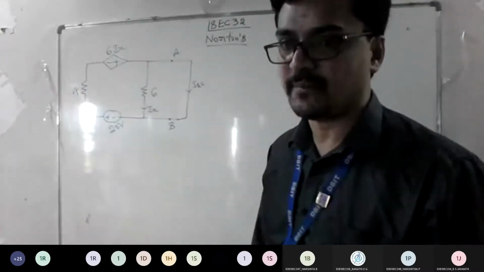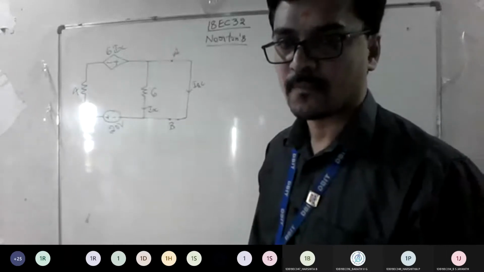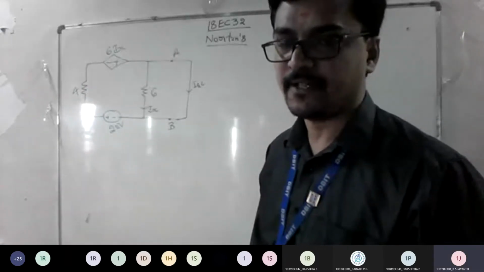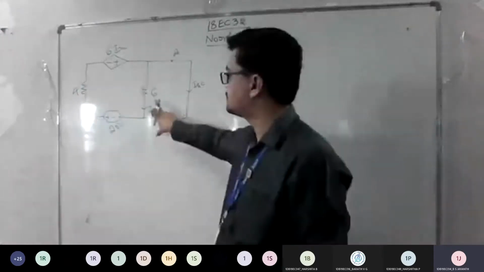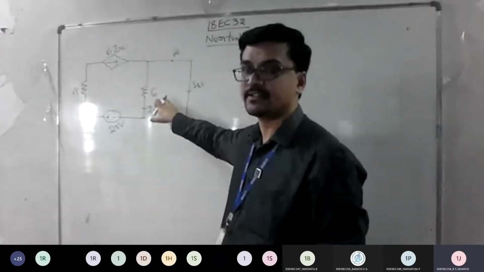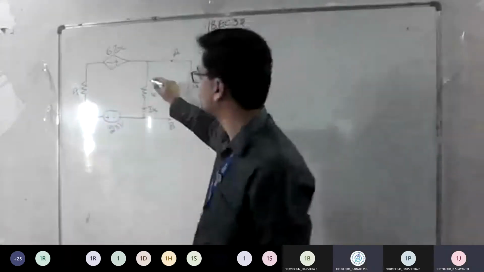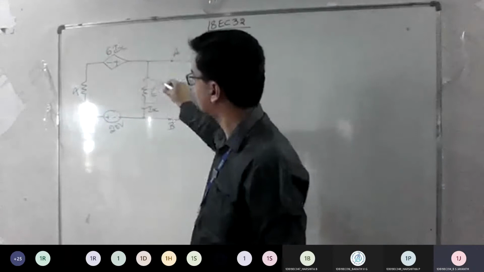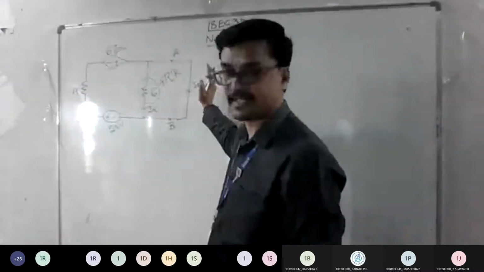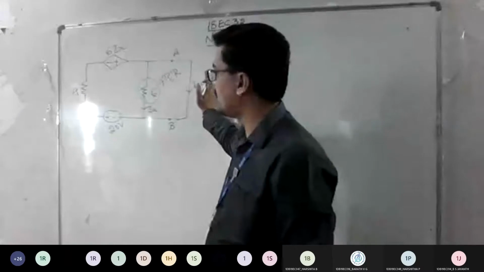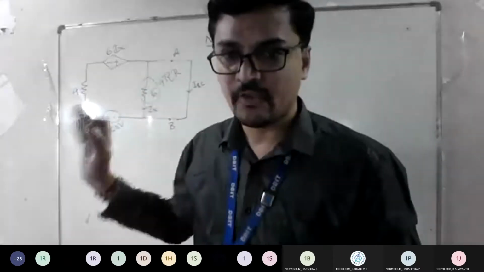Can you find any changes that will happen to the network now? Look at the network carefully. The current Ix will be 0 as there is a short circuit, sir. See, this is the thing. This is called what type of resistor, I told you? Redundant resistor. Very good. So 6 ohm is called a redundant resistor. Whenever there is a wire, it's just a wire connection. That's it, right? So for a wire, any parallel RLC elements there, we can neglect them.